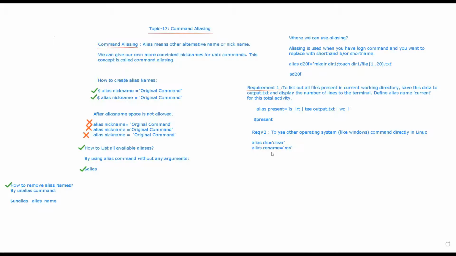This alias can be used in your subsequent piece of code, right? So what is the use of alias? If you have a long command or a difficult command, you can give a shorthand, short name, alternative name or nickname to that command. That is the basic purpose of the alias name, right?